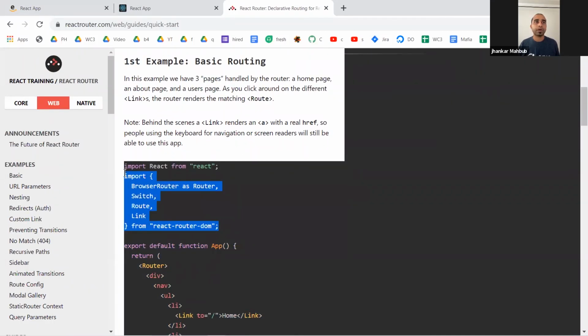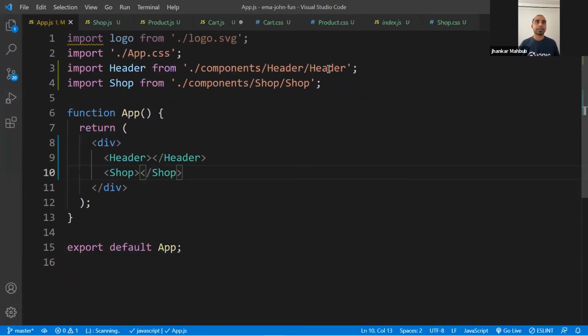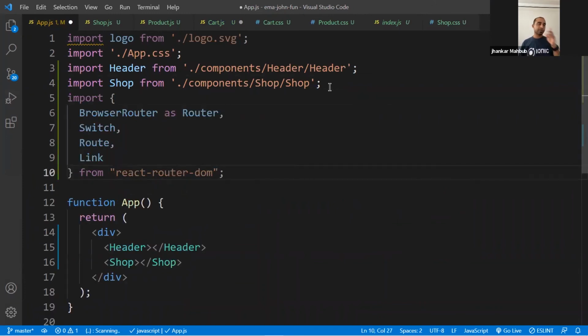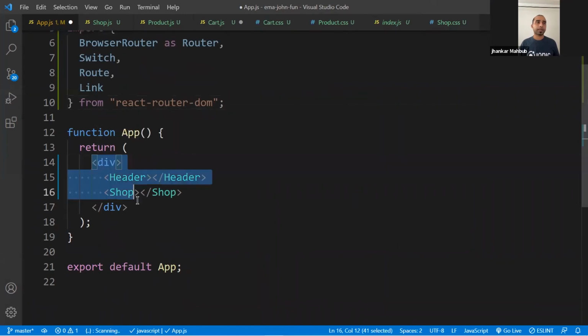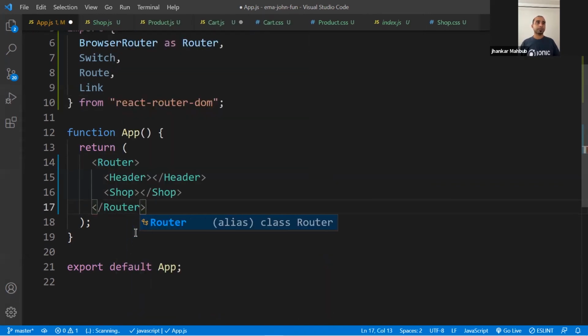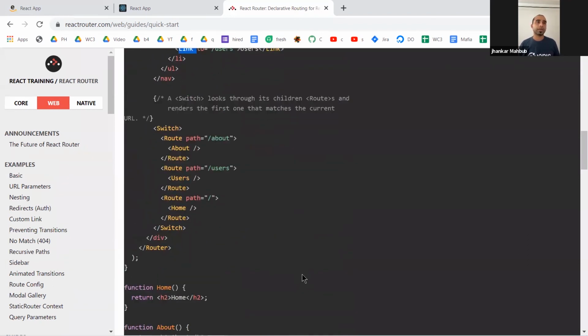So we can import all the browser related stuff. We go to the app.js and say, hey, I need all these React router related things. Your header and everything should be underneath this router. So you can replace this, this is your browser router, you put the router here and your header and everything inside it, and you can change all these anchors to links, you can do so.